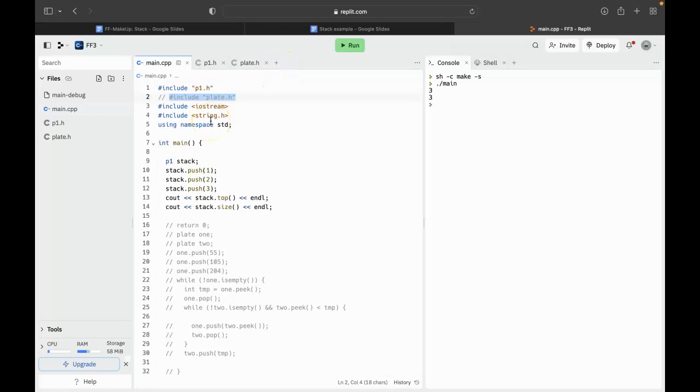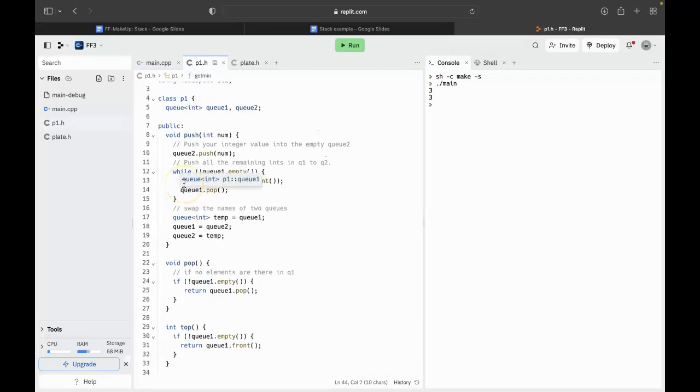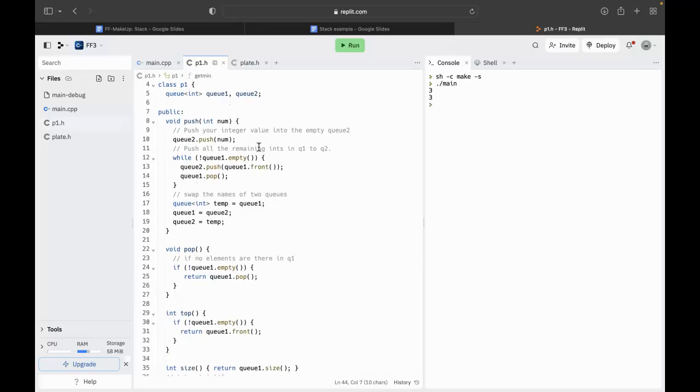Hi, so today I'm going to be explaining how you can implement stacks using two queues. The way I did that was first create two queues, and I basically pushed my value into Q2, and then pushed the remaining integers in Q1 into Q2. And then I am swapping the names of Q1 and Q2